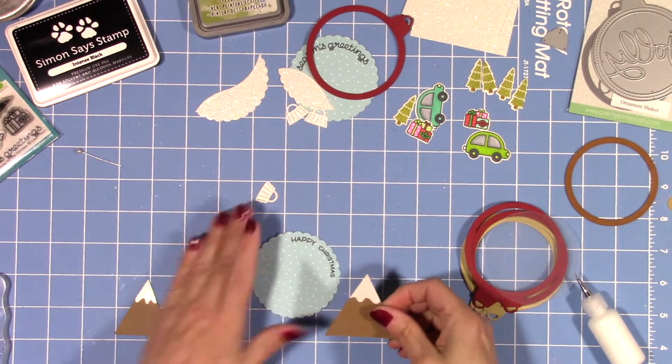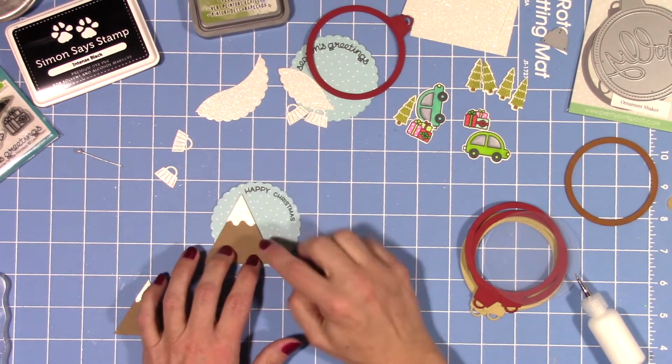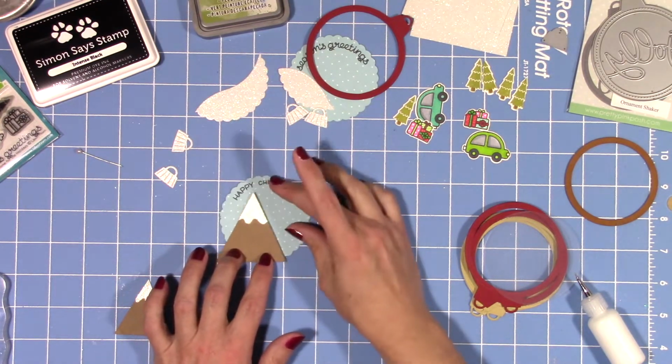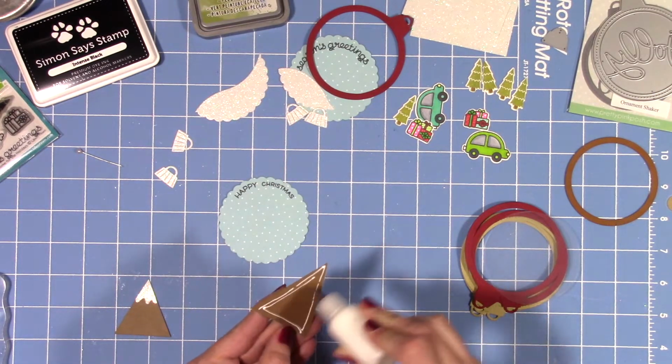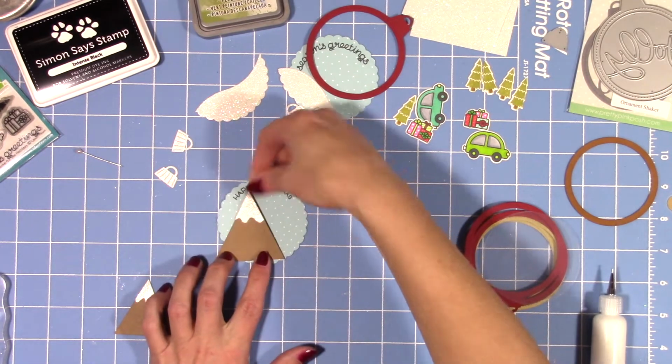And I made a ton of these. So one day I just spent stamping out all of my images on Copic friendly paper, and then I sat down with my markers and